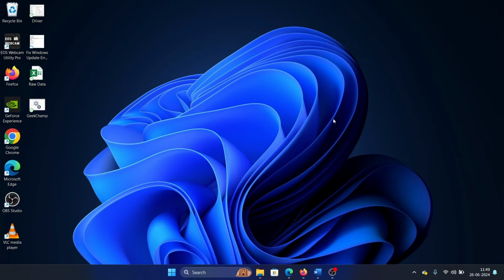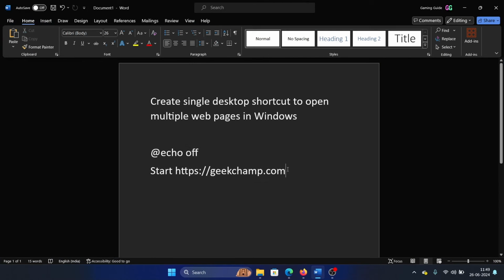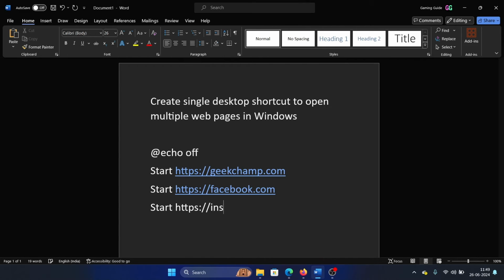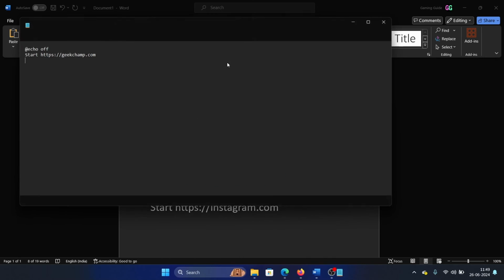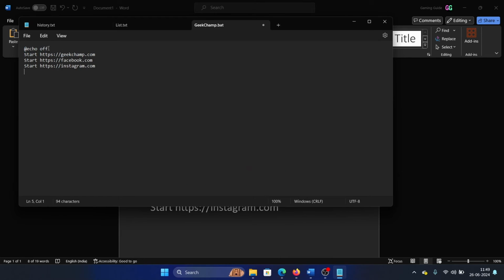But what if I wish to open multiple web pages? Okay, all I need to do is hit enter, start the next web page, https://facebook.com, start space https://instagram.com. Okay, and I'll copy all of these and create a Notepad file, and it starts with echo off,